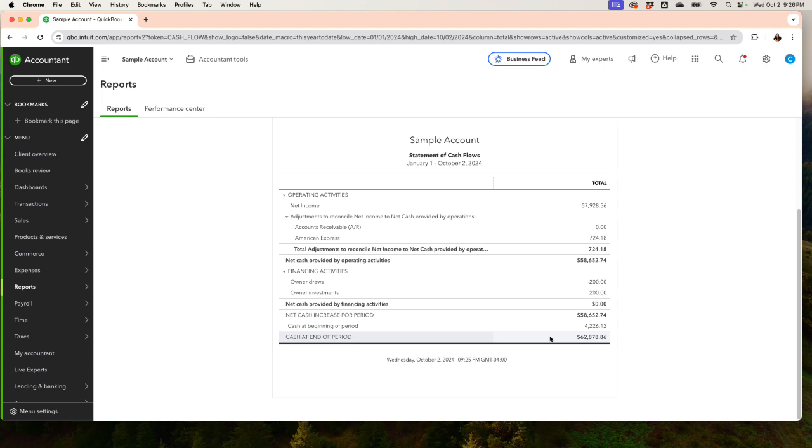If you want to keep track of what's going on with your cash through the months, or quarters, you can click on quarterly or by month, and you'll be able to see what's going on. If your cash is going up, way to go, that's great. If your cash is going down, that's a reason for concern. You should verify what's going on with your payments, and make sure that you have enough cash inflow and less